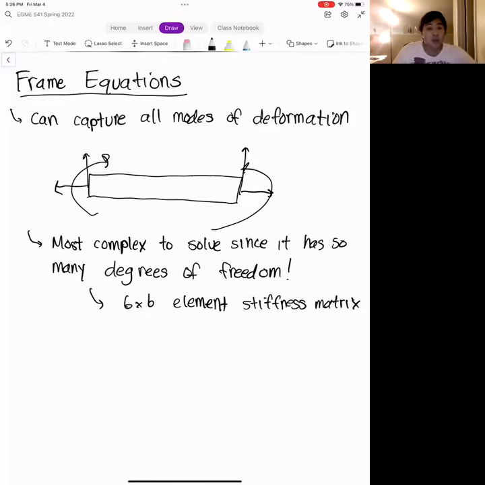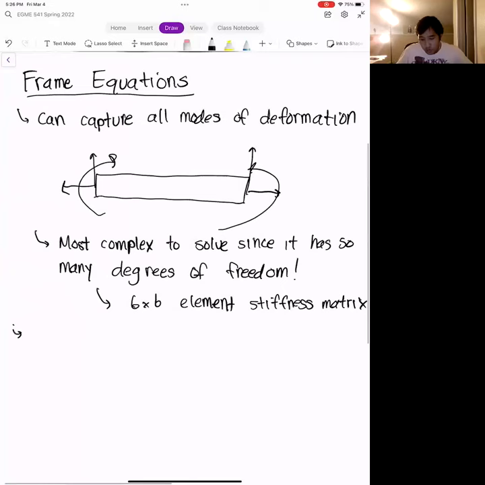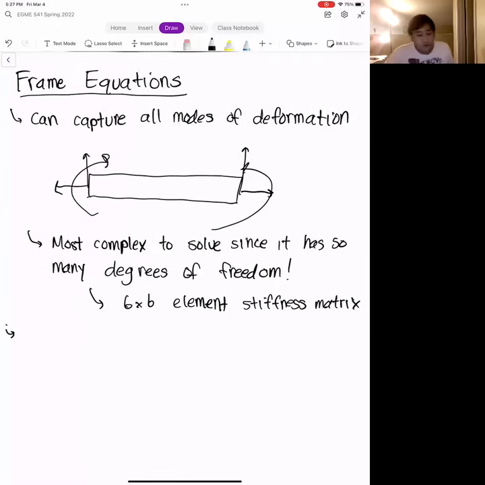Okay. And so I don't want to do any frame problems because that would take up the entirety of this review session. But I did want to talk very briefly about how we obtained this element stiffness matrix, because how we obtained it was really interesting. Right. And so we mechanically went through the process of deriving this in class, but I think it's worth talking about kind of just from a conceptual point of view what it represents. Okay. And so